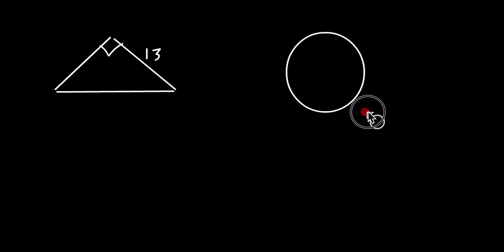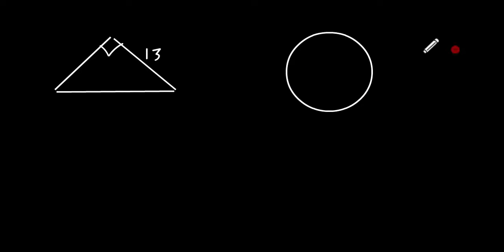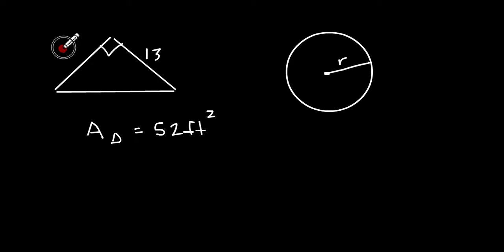Let me just put what number this is for us. Here's a circle. It has a radius in the circle of r. And the other thing that they give us is that the area of the triangle equals 52 feet squared. All right, now we have the base of the triangle, but we do not have the height, so we'll call the height h right here. So we need to find h because that is the length. Whoops, that's not what we want. Let me just back up just a little bit. We want